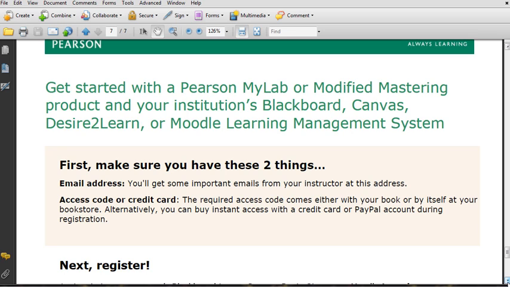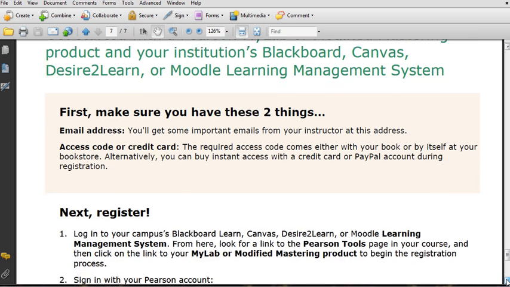Do it right away. The least expensive way is to do it right through the link on Blackboard, and it'll save you some money. If you bought the code in the bookstore or something like that, hopefully you haven't opened it yet. You can take it back if you haven't, and I would recommend buying it directly through the way I'm about to tell you. Okay, so once you have that,